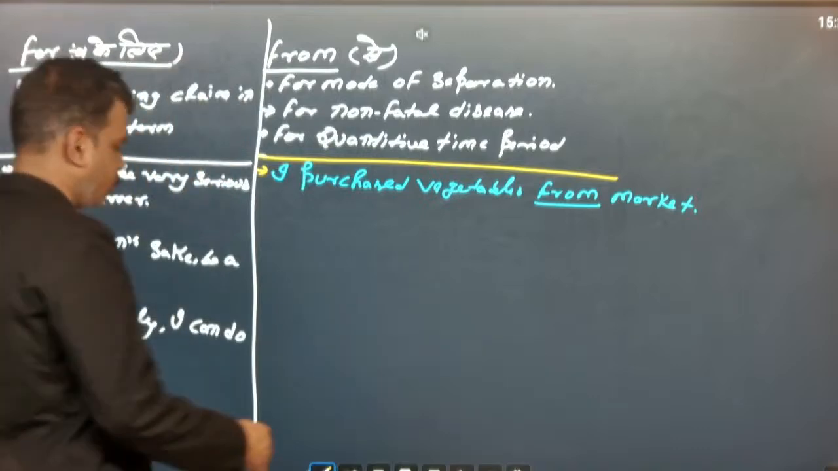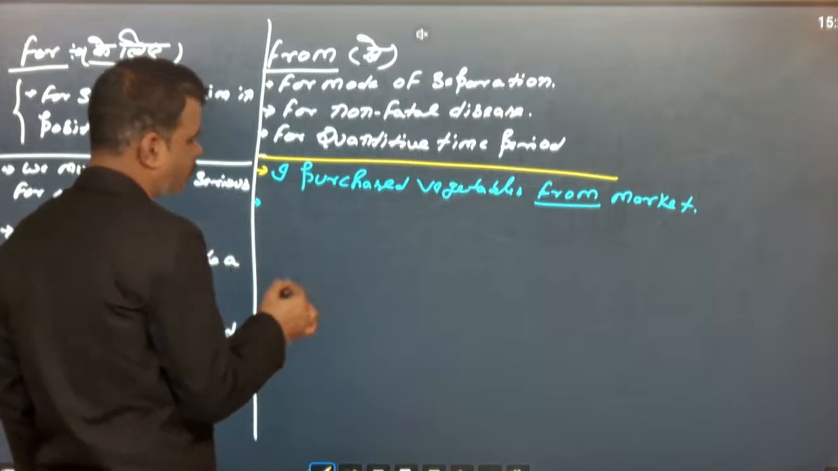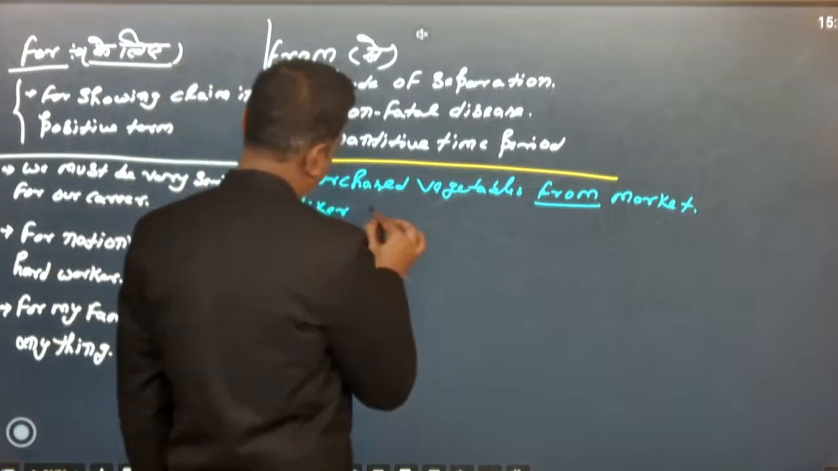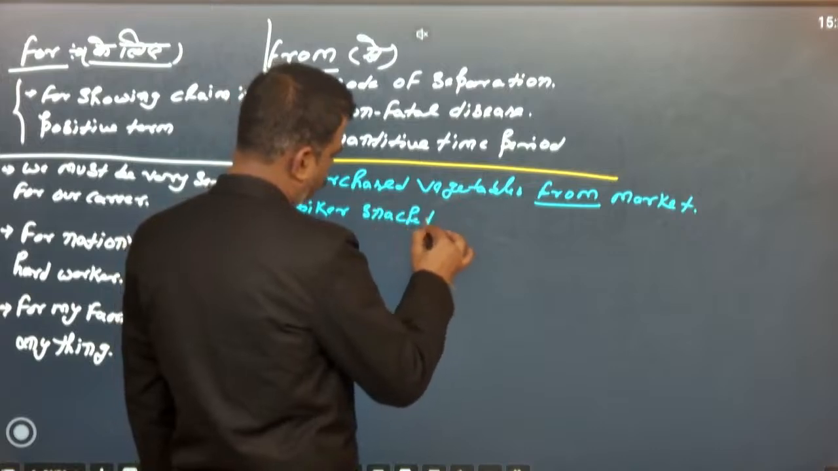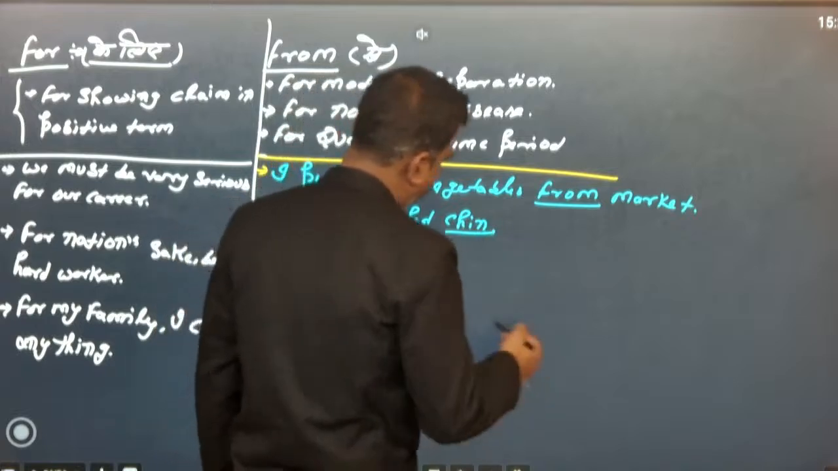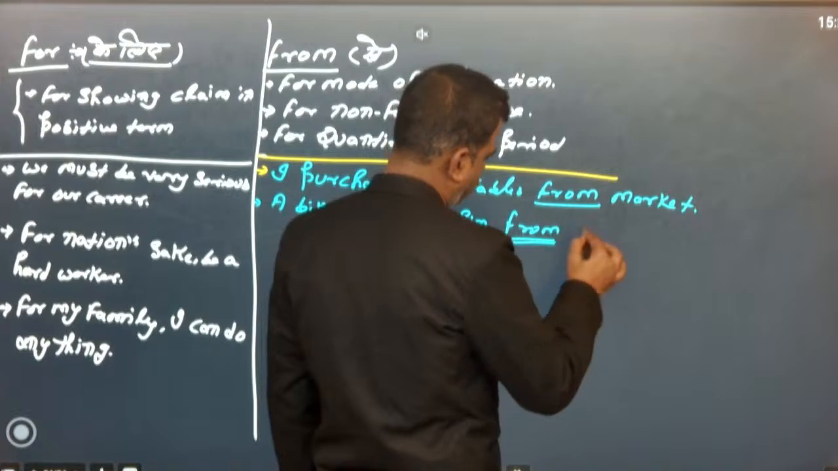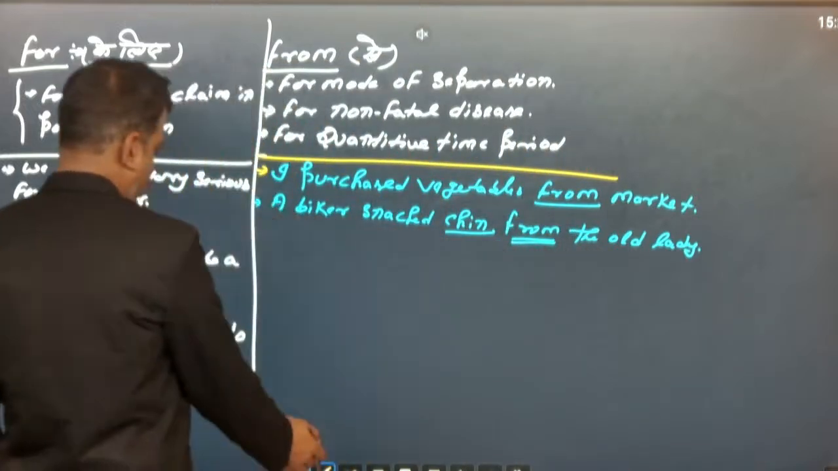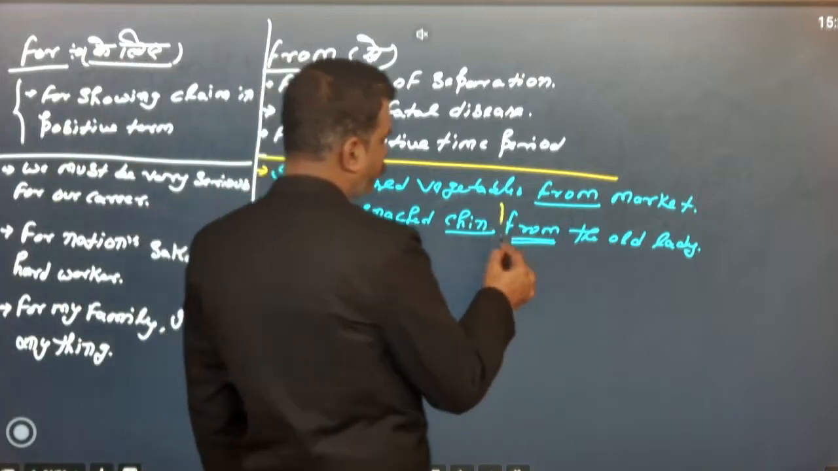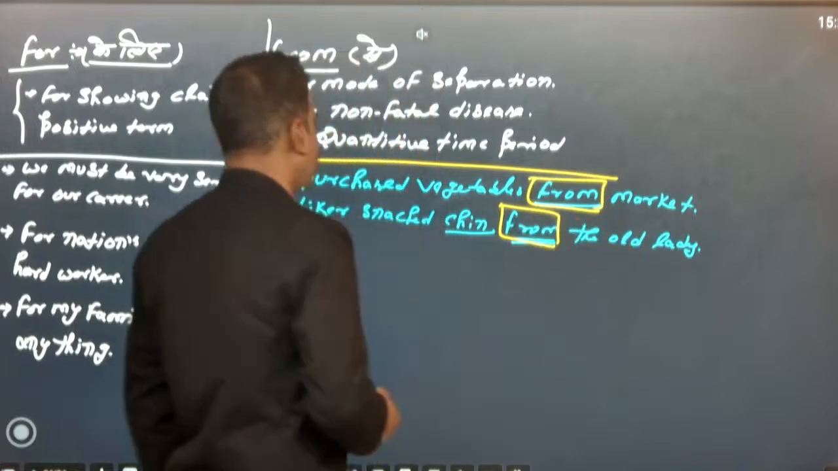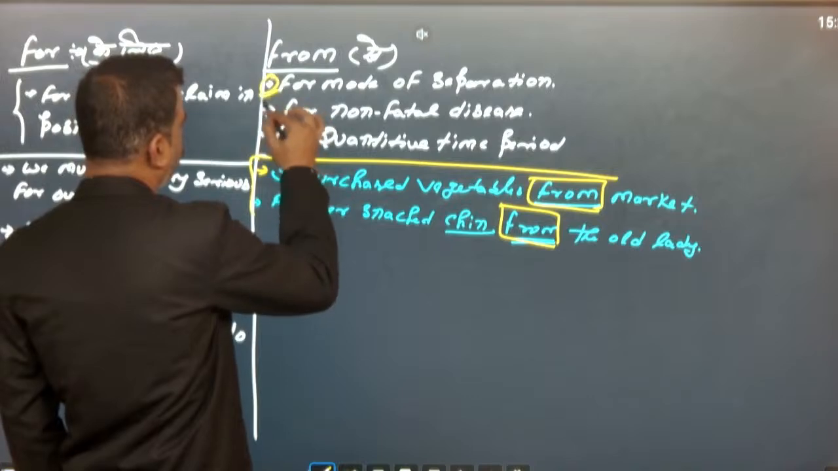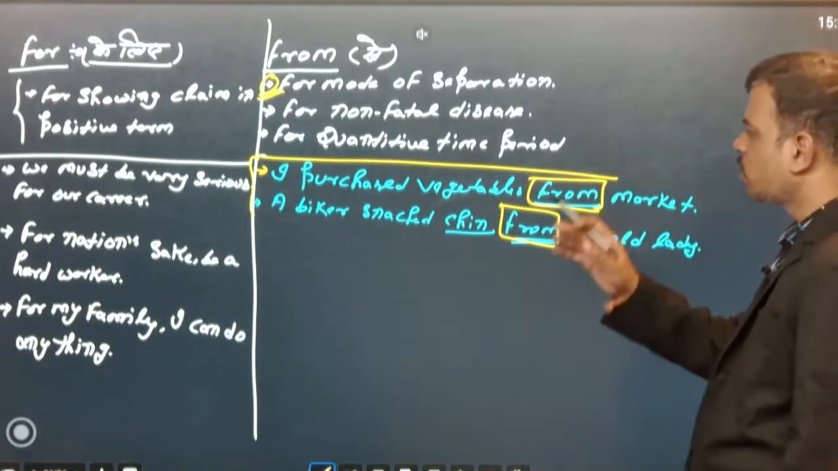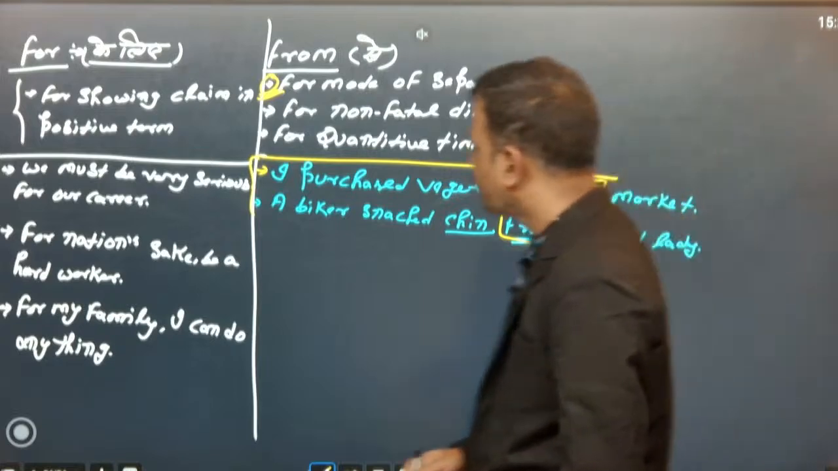जैसे, a biker snatched chain from the old lady. यहां पर from दोनों ही कंडीशन में क्या हो रहा है? सेपरेशन, अलगाव हो रहा है। यानी इस तरीके से अलग होना है कि दोबारा वो सेम फॉर्म में कनेक्टिविटी पॉसिबल ना हो पाए। यू गो फॉर फ्रॉम।